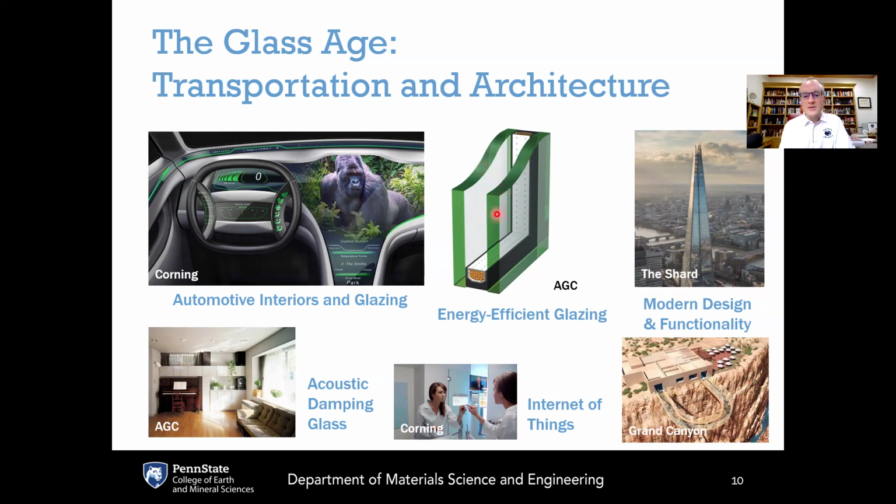Also, another thing about next generation architectural glass is acoustic damping glass, especially in an urban environment. And also new uses of glass in the design of architecture. So an example here is the Shard. This is the tallest building now in London, has a beautiful view from the top, and all of this is covered with glass. So all the glazing here is done with glass for its beauty and also